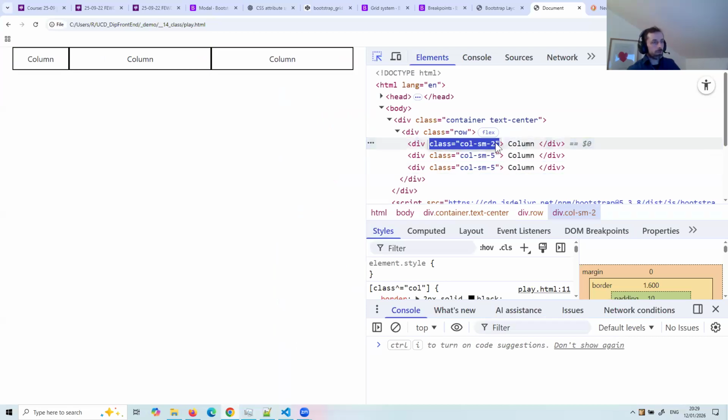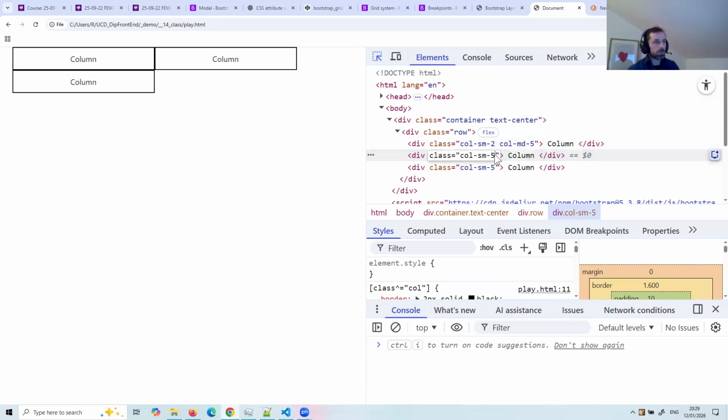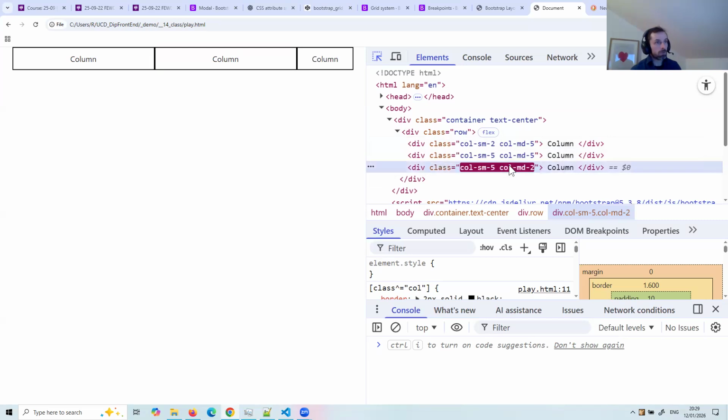And I go over here. So what I'll do is I'll reverse it in the mid size. Small, medium. Now you'll notice here I can put multiple classes on an element. And it doesn't matter the order I put it, but generally the advice seems to be to go smaller, bigger, just it's more conceptually close to the mobile first approach. And 2, right? Okay, so what I'm saying here is that if it's from 576 upwards,